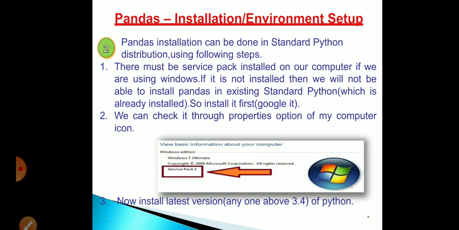Existing standard Python means like Python IDLE, the 3.7 or 3.5 editions you were using. Under that also you can install, by using pip. If you write pip install pandas, it will install pandas. If you write pip install matplotlib, it will install the matplotlib features. If you write pip install numpy, it will install numpy also.